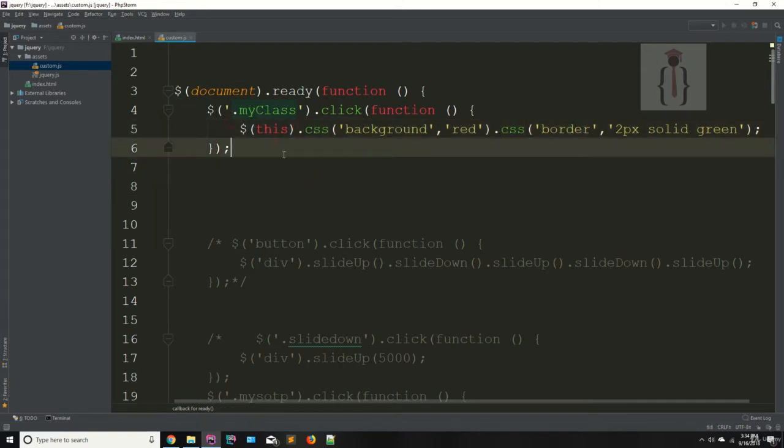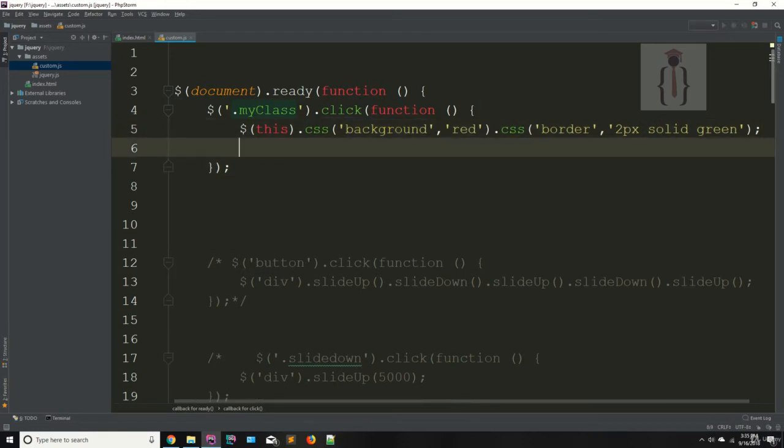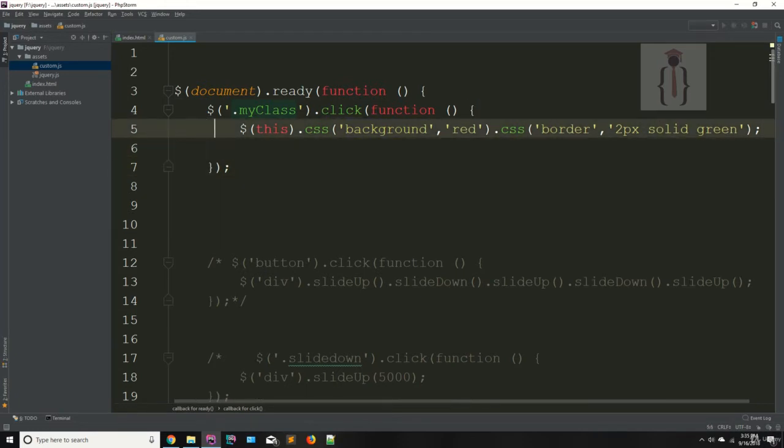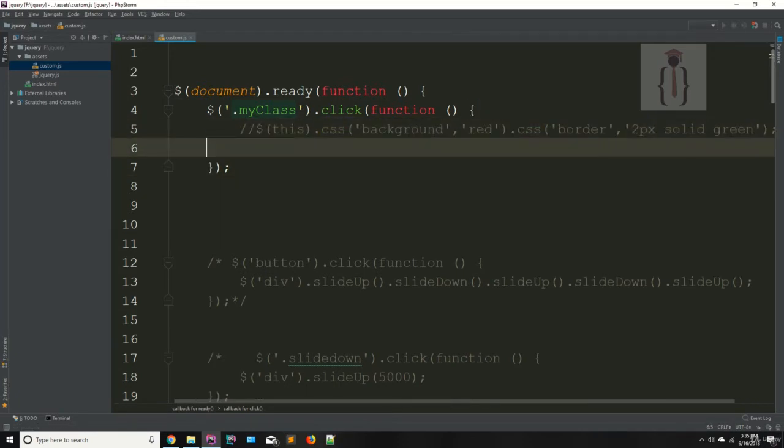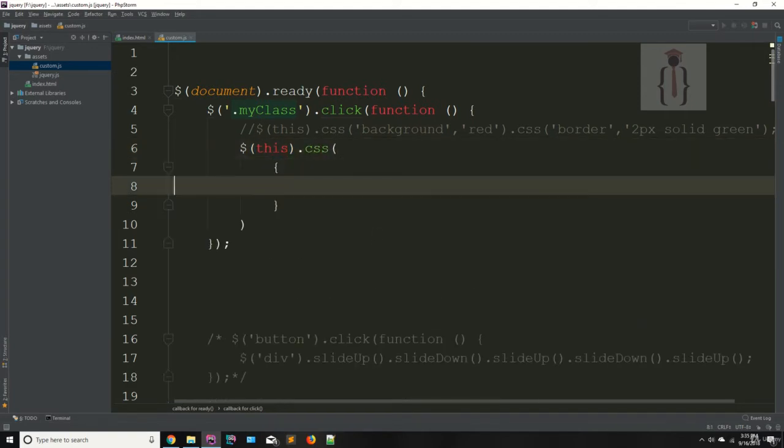the selector. Okay, for suppose if you are adding more than one property, how can you do that? Let me show you. I'm saying just comment this and I'm saying this dot, that means I'm talking about the current object. I'm saying whenever someone clicks on the button, just use the property, and I'm using the key and value here. That means I'm saying add the background,